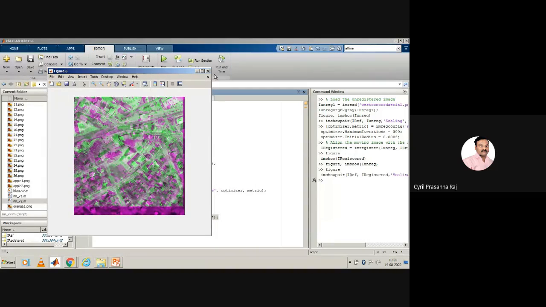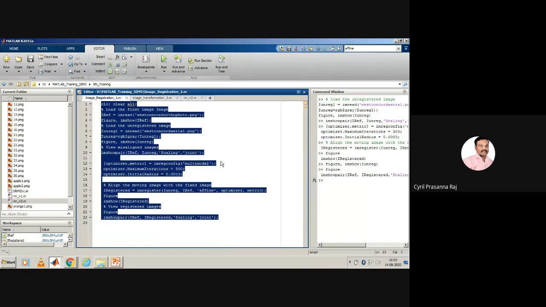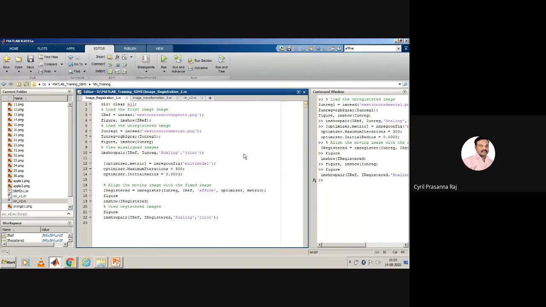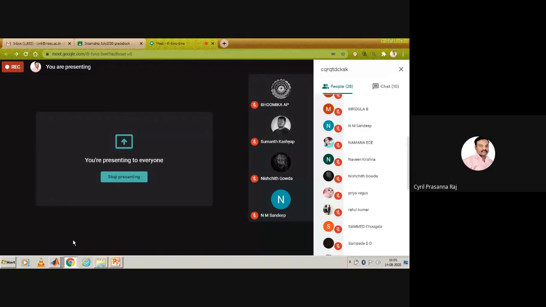But here what we are doing is we are just trying to write a simple program called IM register. Now there are multiple settings that we are supposed to change here so that you are able to get complete registration of the images. We will discuss about the mathematical concepts in the next class. But today we just understood what is the concept of image registration. So we will stop this session at this point. Then we'll discuss about the projects.